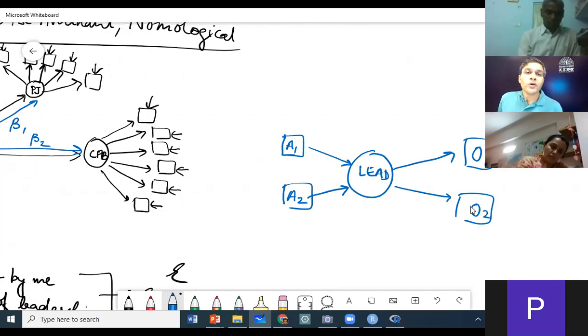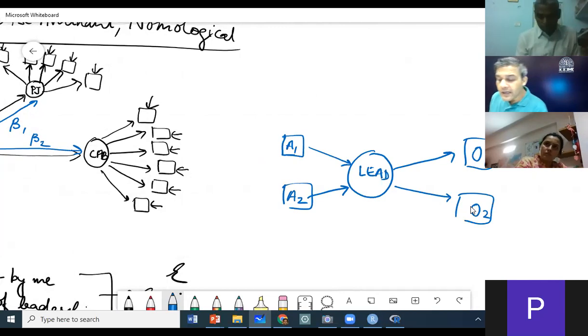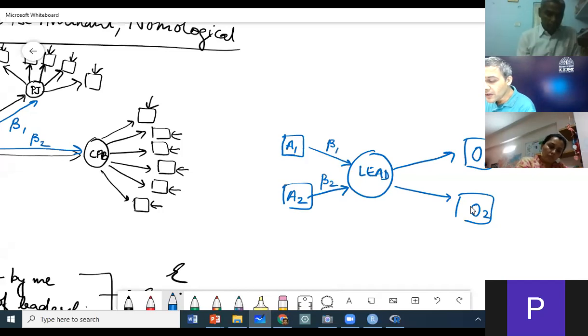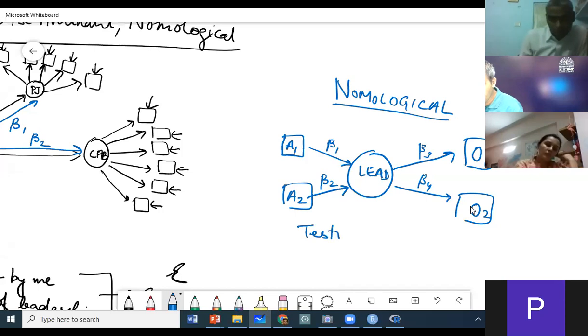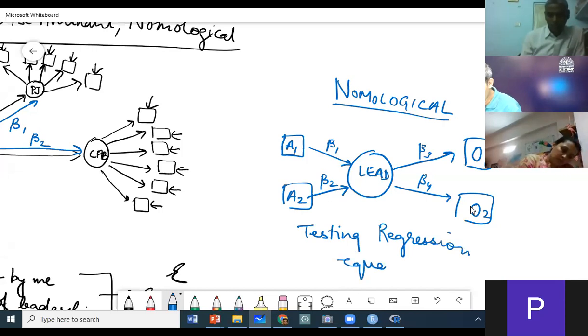So in nomological validity, we are actually testing these relationships, beta 1, beta 2, beta 3, and beta 4. We are actually testing regression equations and showing that these betas are significant for our construct.